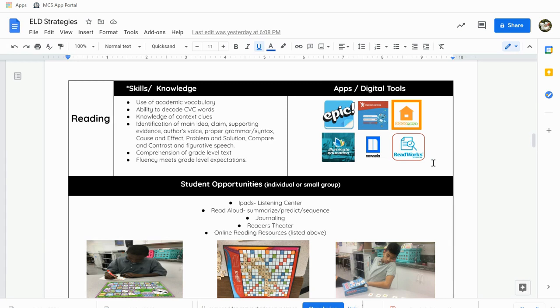So Epic Books, a variety, all different Lexile scores. Your sixth grader is coming in reading at a ninth grade level. Great. There's no excuse as to why he can't read, because there's books there. Imagine Learning, that is for our EL learners. They can get in there, and that one is great because it translates. It has about, I want to say, 30 to 40 different languages in the portal.